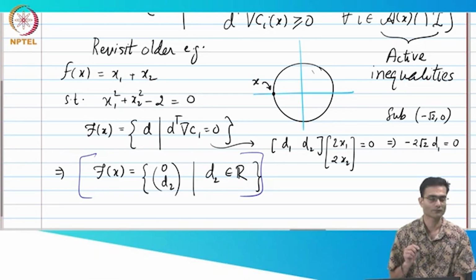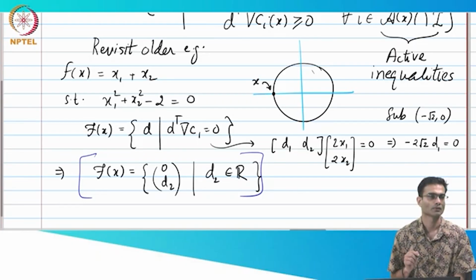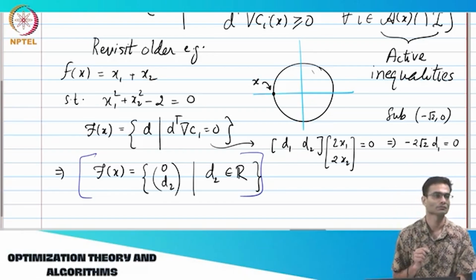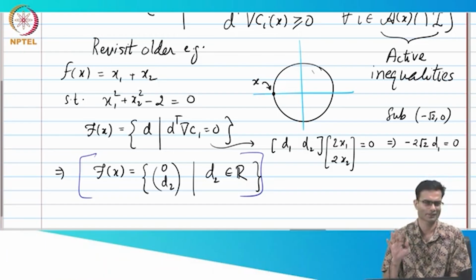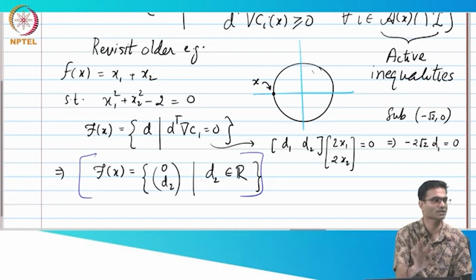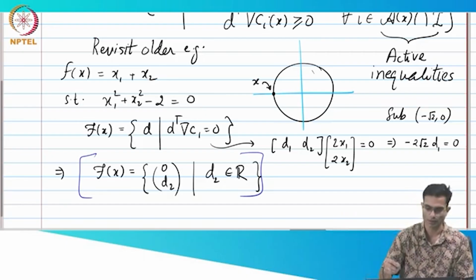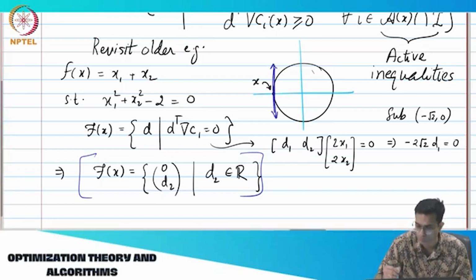A vertical line. Will that vertical line be up or down, or can't say? It should be up. Why? Is d2 belonging to plus r? No, we are not worrying about decrease right now. Just the set of the feasible directions, don't take the function decrease or increase into account. It's just feasibility. So it's saying you are basically on this line, you could go up, you could go down,